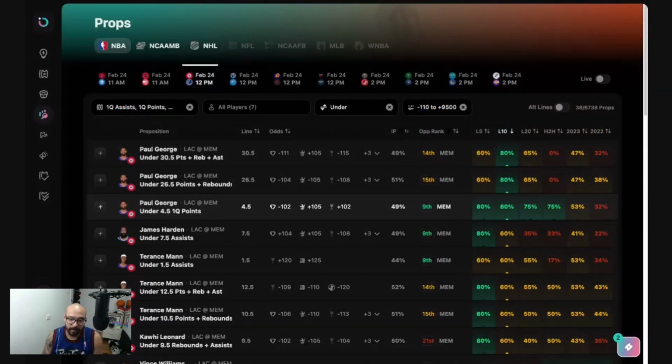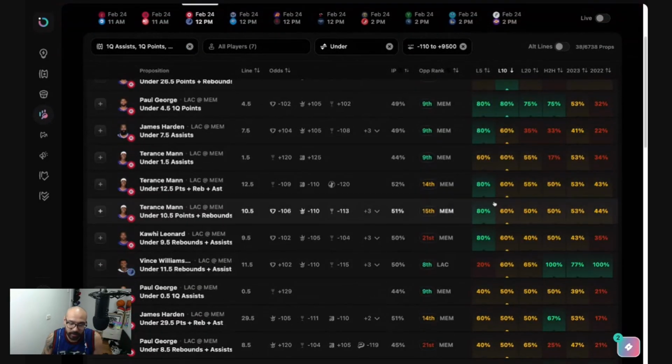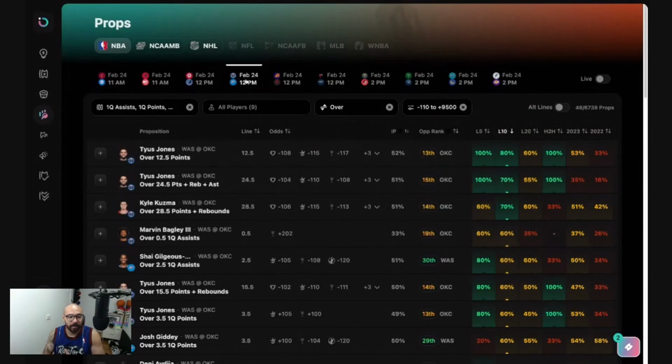So if we're looking at unders, yeah, that's probably the best under on the cards for this play. But other than that, let's get back into overs and jump into the next game. It's the Washington Wizards versus the Oklahoma City Thunder, and we see quite a bit of green up here, and